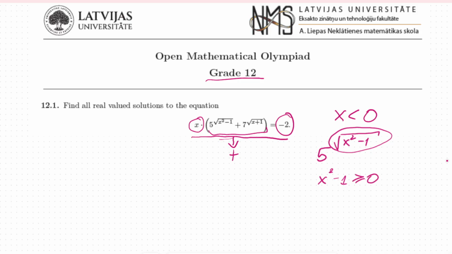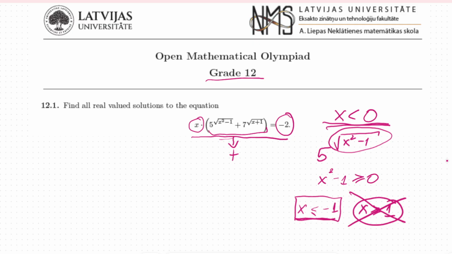In this case, we can have the following situation. If we just take both of them, this part and this part, then we can see here x shall be less than or equal to -1 and x shall be larger or equal than 1. But this part will not cover our case because we have x always negative. So we can take into account this part, and you can see that it should be less or equal than -1. And if we have x now less or equal than -1,